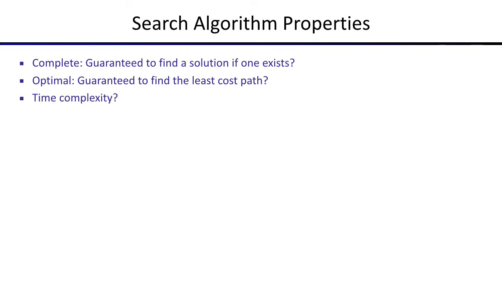Time complexity. Well, in the worst case, if your tree looks like this, and your only goal is over here, it's going to search that entire tree. So in the worst case, the time complexity is the size of the search tree, the number of nodes in there. And,